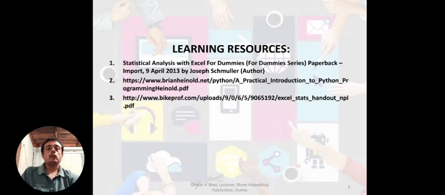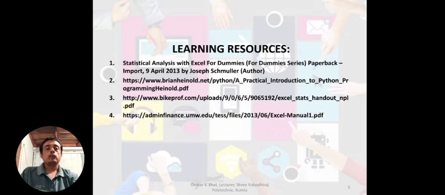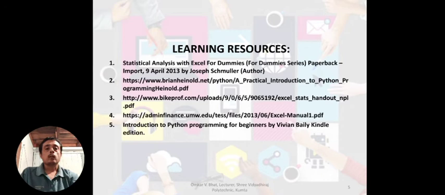Then number 3, another website address is given. This is for Microsoft Excel, that is spreadsheet. Then 4th one, this is also for Microsoft Excel. This is a manual, and this is also a website address for that Excel manual. Then 5th one, Introduction to Python Programming for Beginners by Vivian Bailey, Kindle edition.